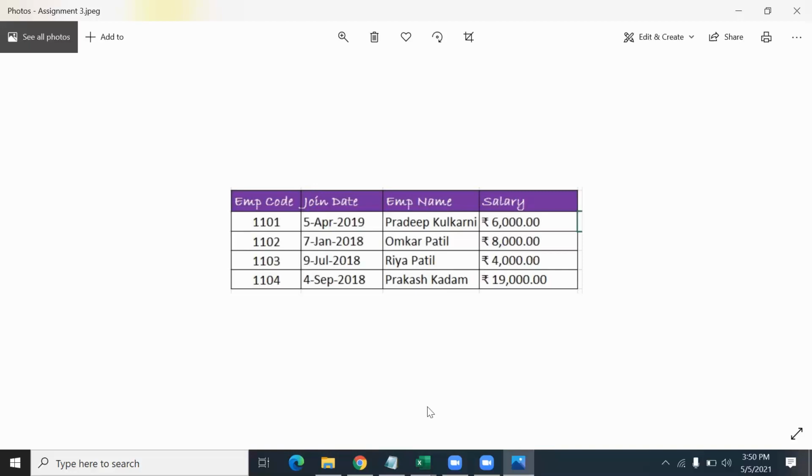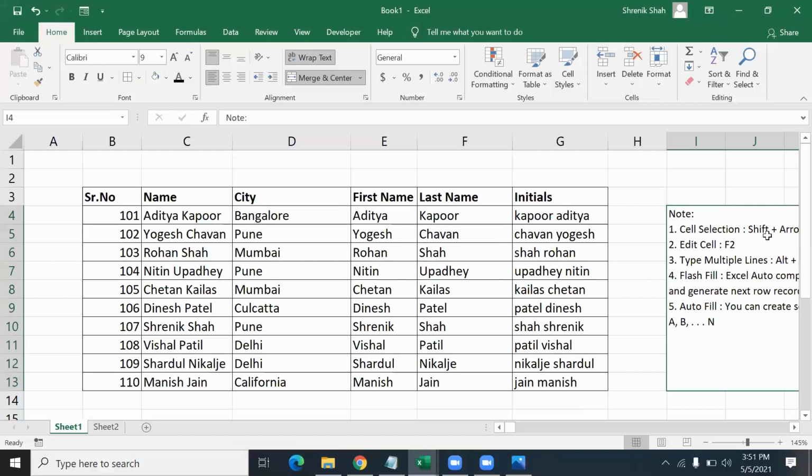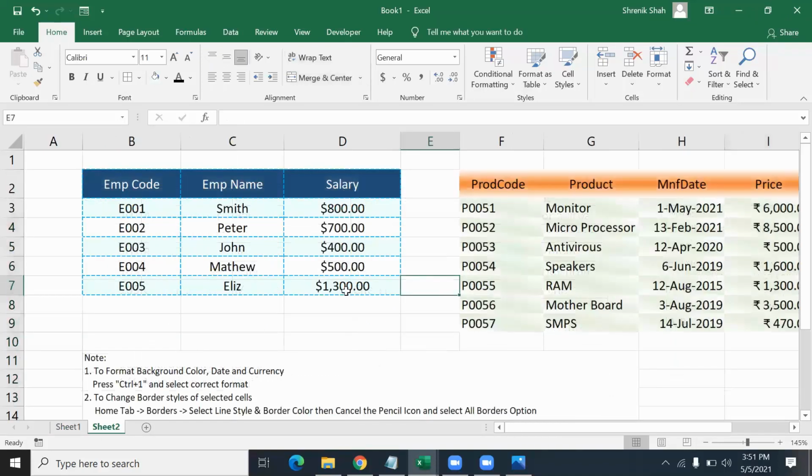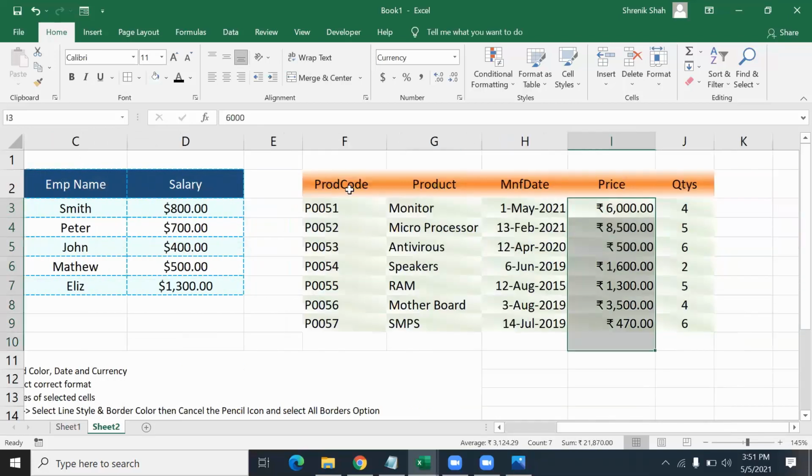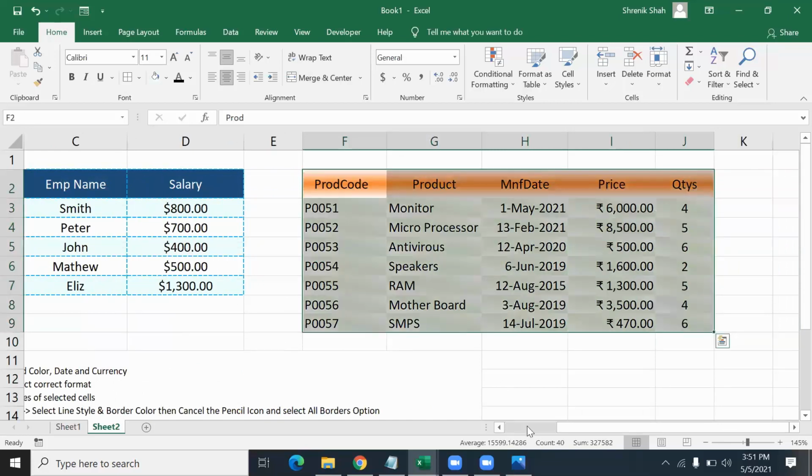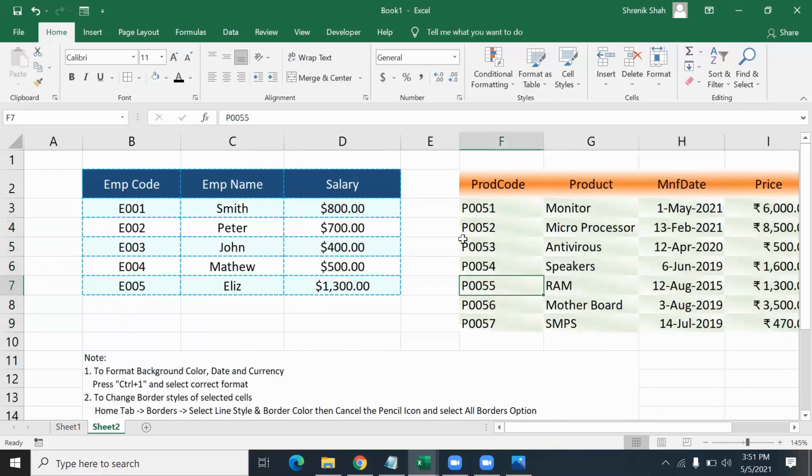Now this session I covered with the basics of Excel, and some notable points are select the cells using the shortcuts Shift plus arrow keys, edit the cell pressing F2 key, and to type multiple lines, you press Alt plus Enter. Make use of the flash fill autofill feature. And in the second sheet, I discussed with you creating table, how to apply the banded rows using the control key. You can select multiple cells and you can change the background color. Here, I told you how to change the format of the date as well the currency notes, the background gradient effect, and you can make your table like this.